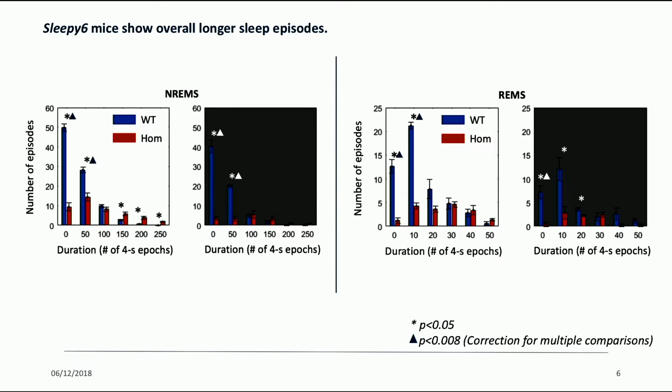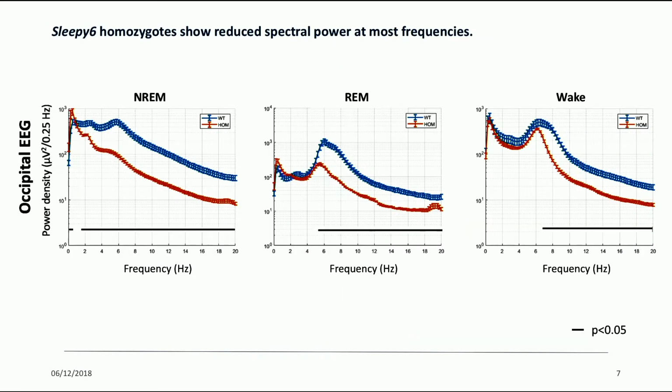And you see a similar pattern in REM, although it doesn't come back as significant. So they sleep less, but when they enter sleep, they stay for quite a consolidated period of time in that state. So it's not as if they're constantly changing from one state to the next, which is quite a nice finding. So now if we go to the spectrum, you have a very dramatic change in the power spectra